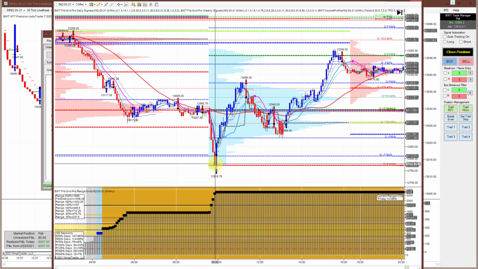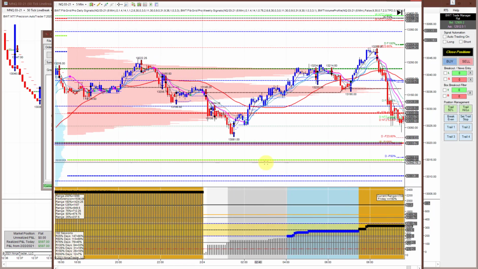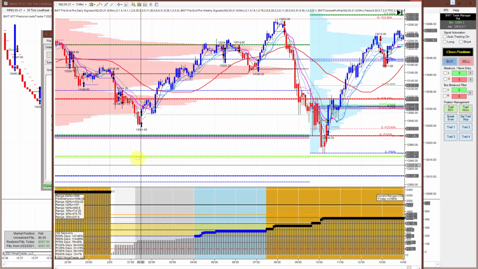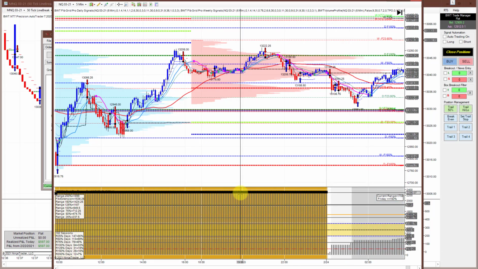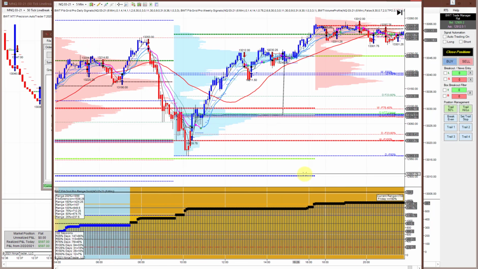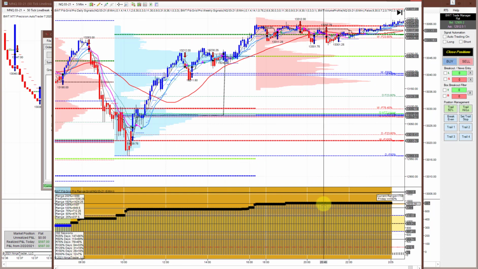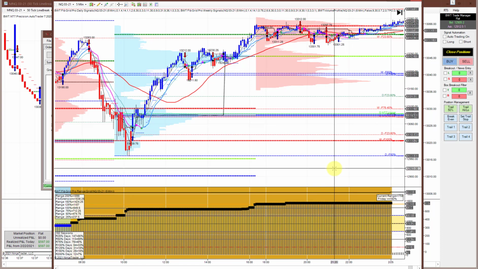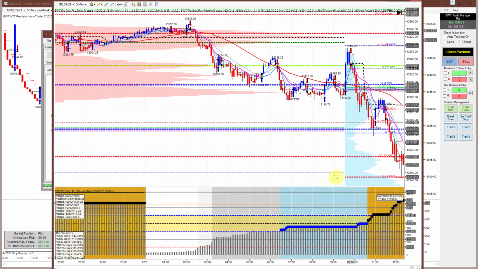I bought near the low of the day, and I had several trades that were in this trend. So this was quite a move. That said, the market, the NASDAQ, has been trading at, on this day it was 150% of the range, and then the next day it traded, no, today it was 150% of the range. On this day it was 2,300 ticks, that was 200% of the range, and the following day was, well, this is 1,500 ticks, so that's about 150% of the range, and then today,